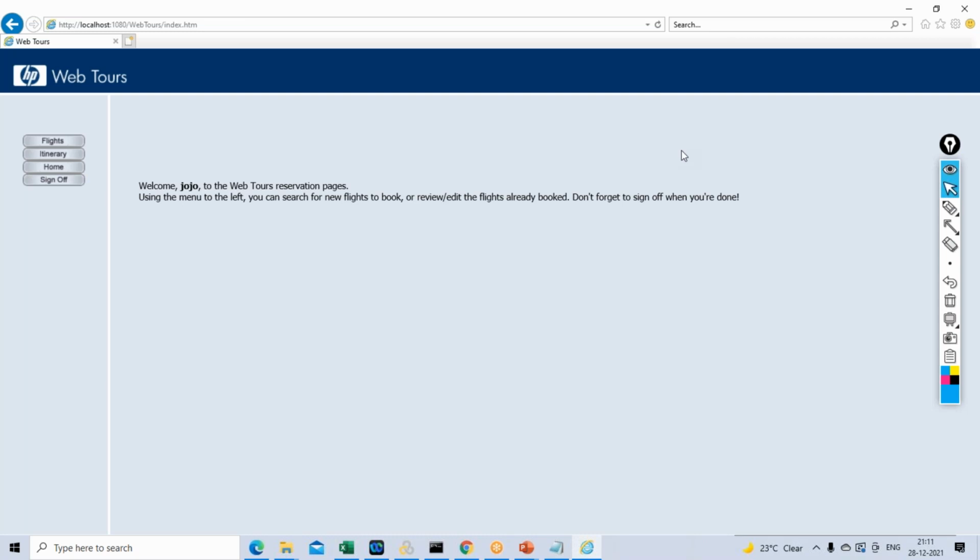As a performance tester, because we'll be discussing performance testing, I'm not interested so much in how it logs in, or what user ID and password I entered. I'm more interested in how much time it has taken to navigate to this page, or how fast this page has loaded. That is what the performance tester is more interested in.